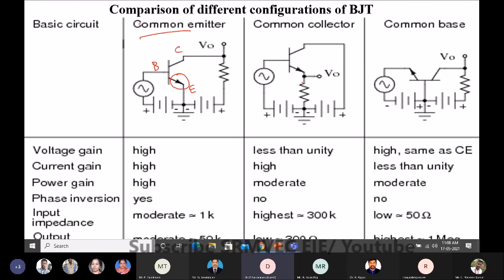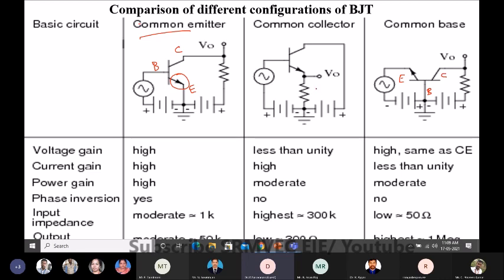Whereas in common collector, we will come to common collector later, we go for common base. You can see the base is common for both input and output. So what is the input? Input is emitter and collector is the output. But here, when you compare the circuit, you may see that emitter is common here. No, that is not the sense you have to take here. You have to take it in terms of